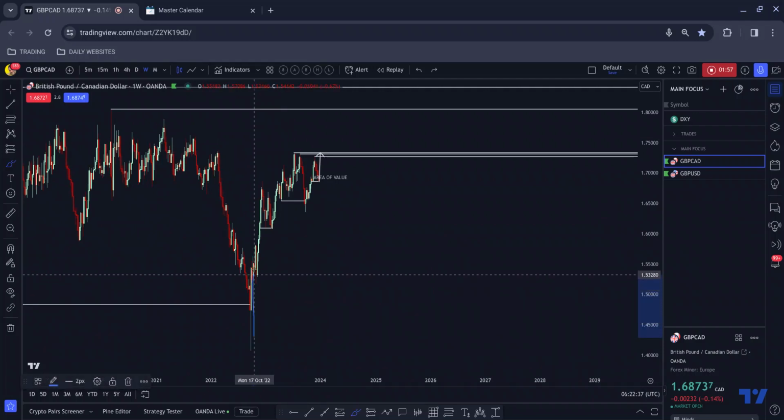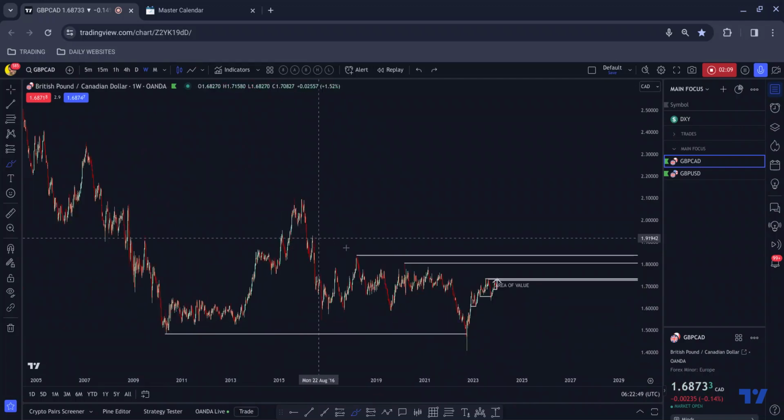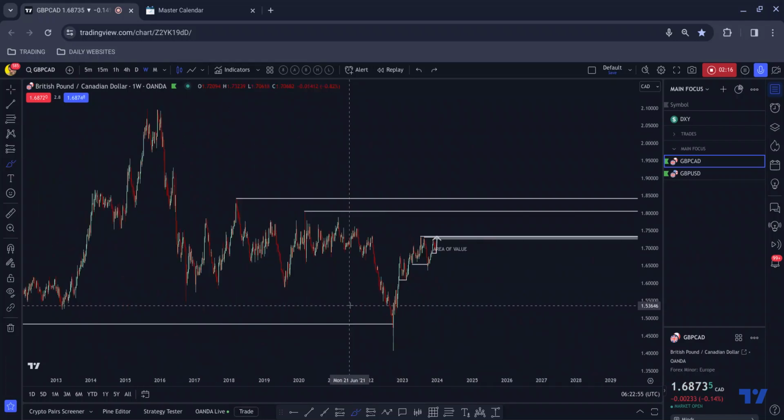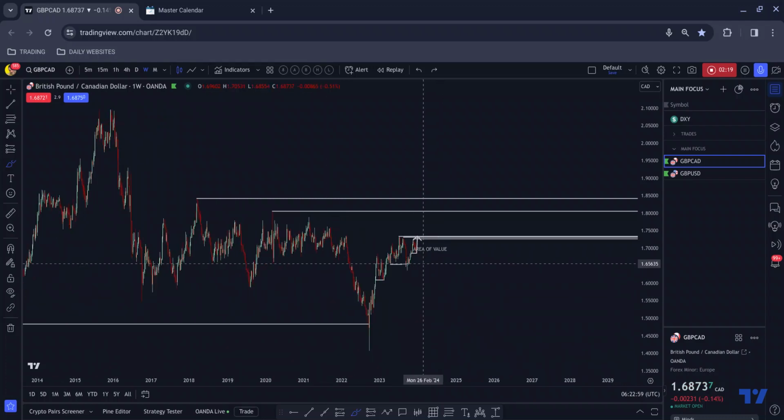We have this impulse once we broke below, impulse, correction, continuation, impulse, correction, continuation, which is the natural ebb and flow of the market. So at this moment in time, there is no need for price to come all the way back down here because it has already washed out the liquidity that was sat down here. And one of the things that makes me think that we're moving to the upside is not only have we had the impulse, correction, continuations, but we also have near misses to the upside.